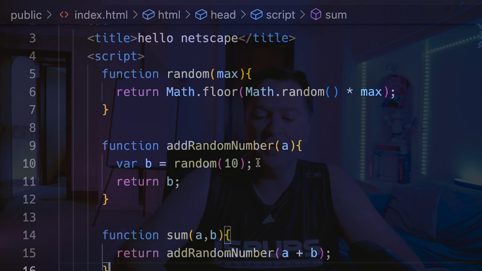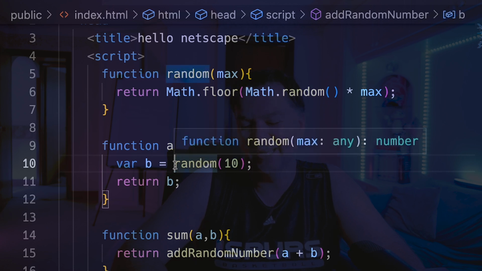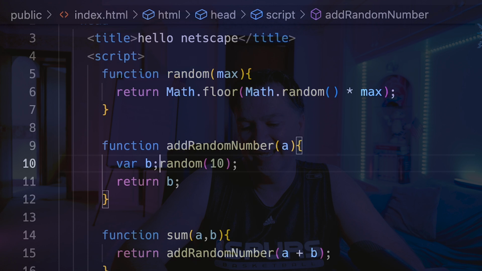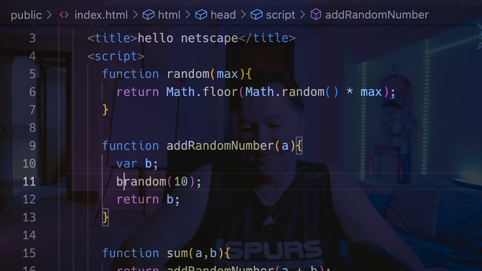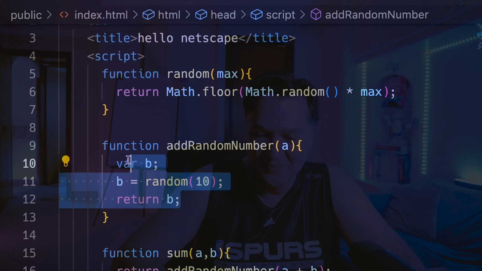Now, there's a few things that are interesting here. So if you think about this for a second, what I've actually done here is done a var b equals random 10. But if I was to separate that out, so let's do this. B equals random 10, then we're back to looking quite Pascal-y again, right? Because,